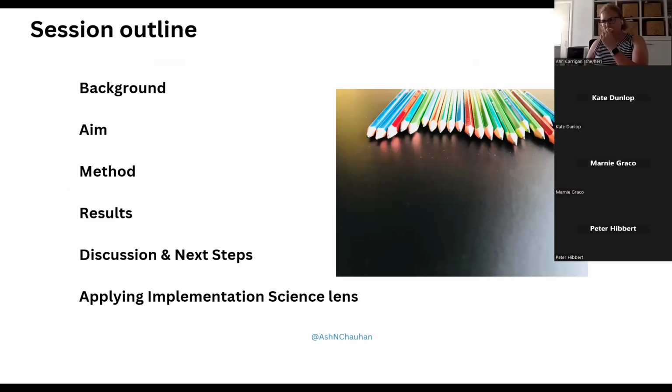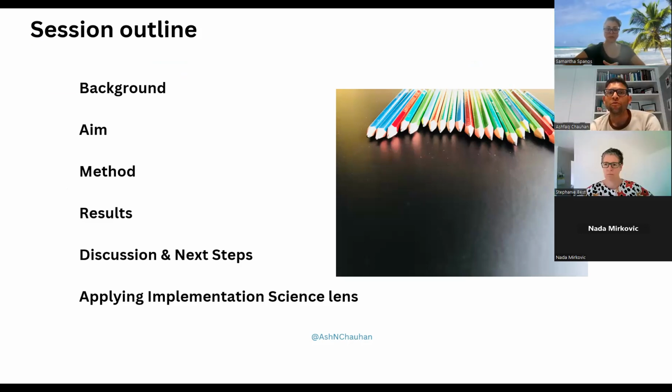In the discussion section, I want to open the floor to people here in this implementation science interest group, because I want to know more about how the end product, the MIM instrument, could be better implemented, using what theoretical frameworks, and how we can measure the implementation process, applying the implementation science lens.